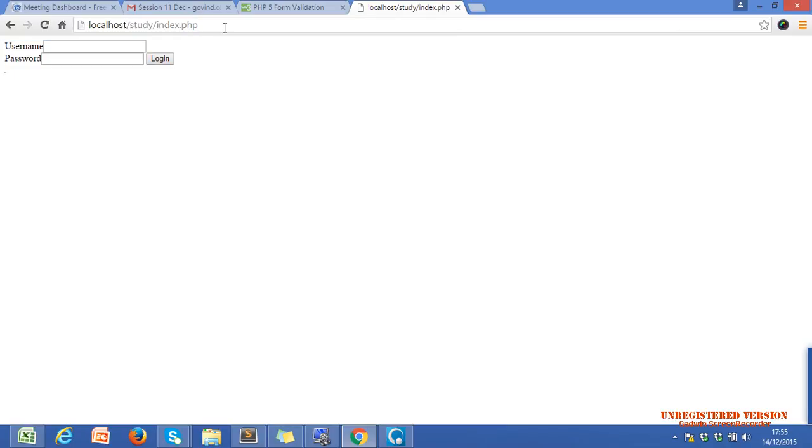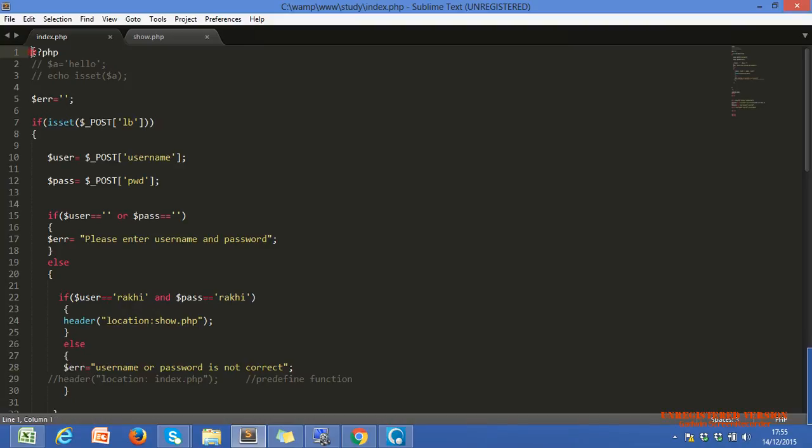Now our execution starts from the first line, from the top left corner here. Our compiler acknowledges that PHP coding has now started, and we initialize. So every time, before any condition, $err equals blank. Whenever we refresh, our $err will be assigned with blank. Okay, this is just the start.